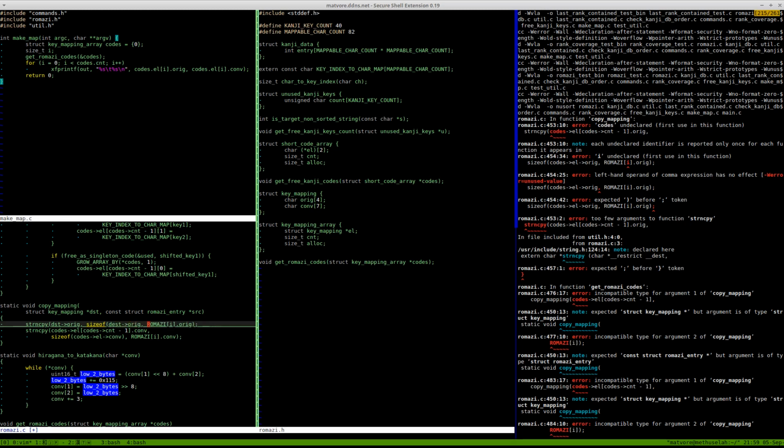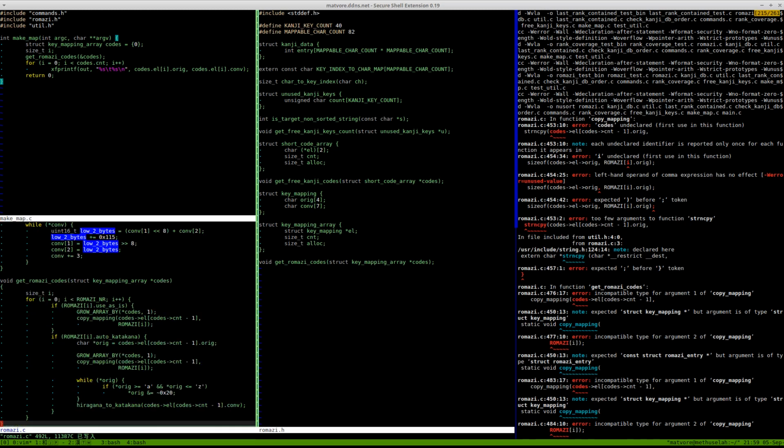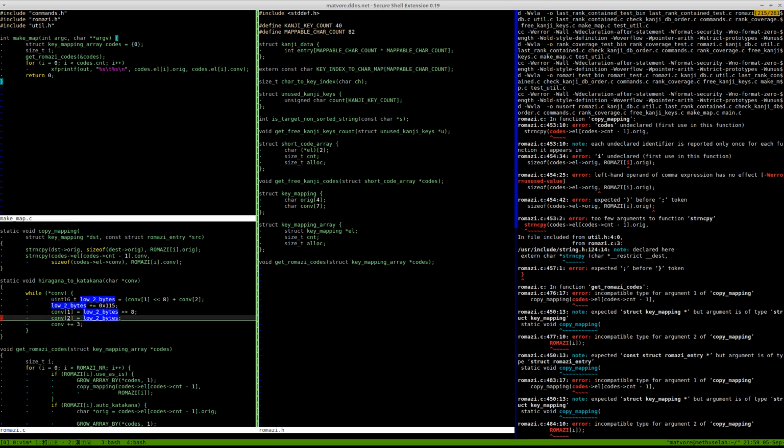And then so that's a much nicer looking sizeof invocation. And then romazi.orig. Yes, that seems right. Just checking the name of the romazi thing. And so here we've got to do dest dash conv and size of dest dash conv, and then